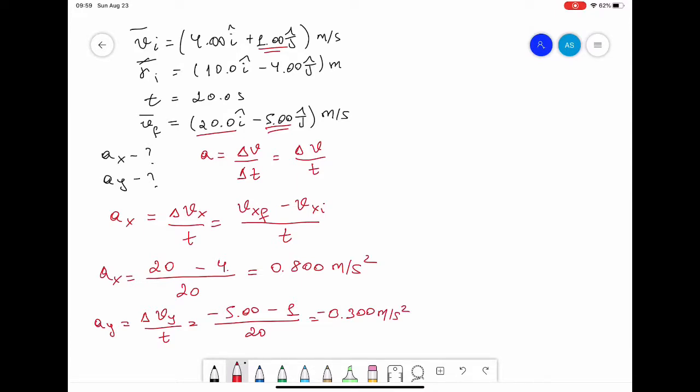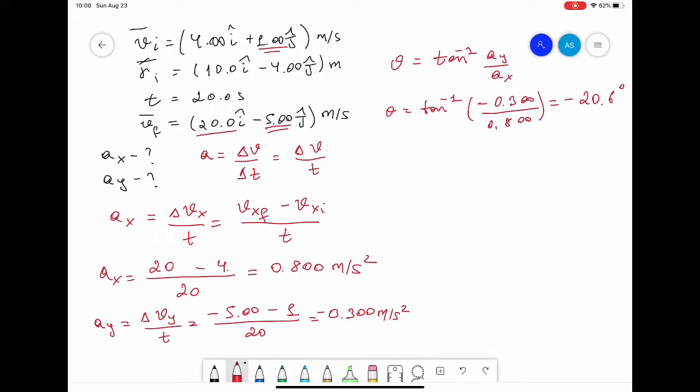Now we have to find the direction of the acceleration. For that we use theta. Theta is equal to the inverse tangent of ay divided by ax. So theta is equal to the inverse tangent of ay, which was minus 0.3, divided by ax, which was 0.8. If you do the calculation, you should find that theta is minus